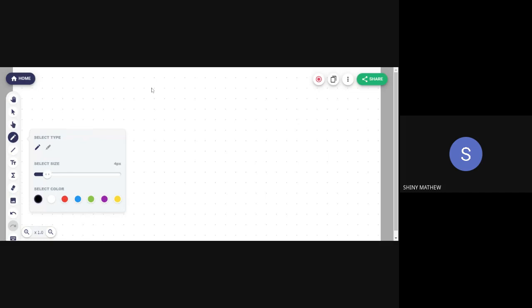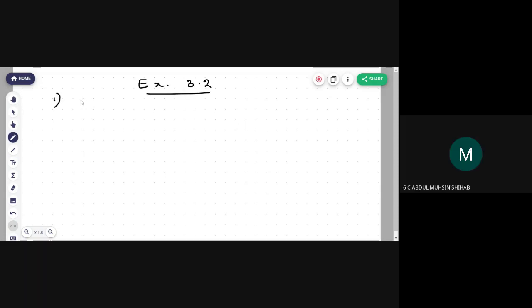So exercise 3.2. Then from the main question number 1, you listen. What is the sum of any two odd numbers? Miss, write this. Copy the same question to your notebook. What is the sum of any two